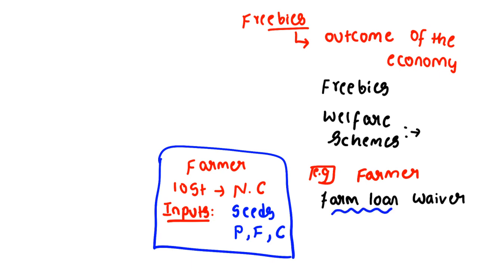But if you do the farm loan waiver, the amount that the farmer got would be spent in an indiscriminate manner. Clear? So these are the things that one has to consider. So the author here is saying, the first one is a freebie, but the second one is a welfare scheme. For the empowerment of farmers, government is coming with a few measures. These need not be neglected at any point of time. Clear? So that is why he is saying that one should make a distinction between the expenditures on welfare schemes